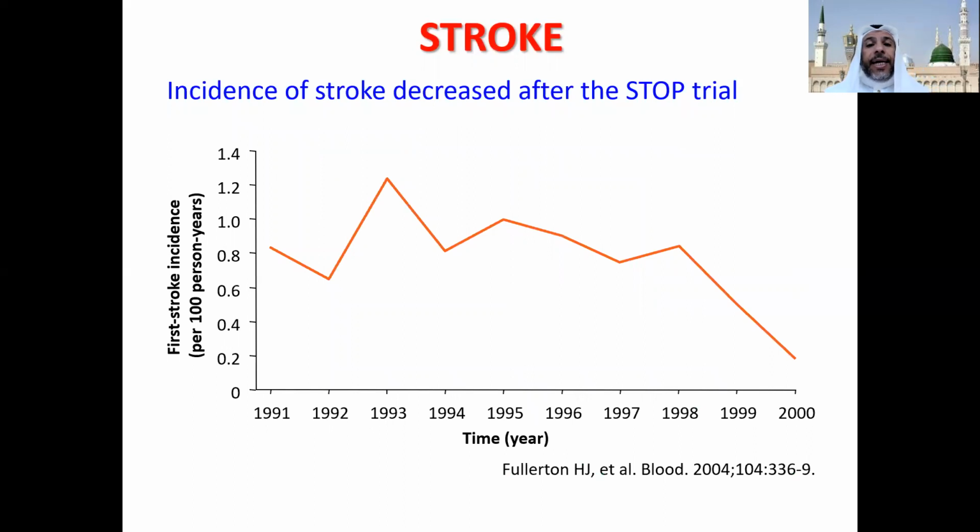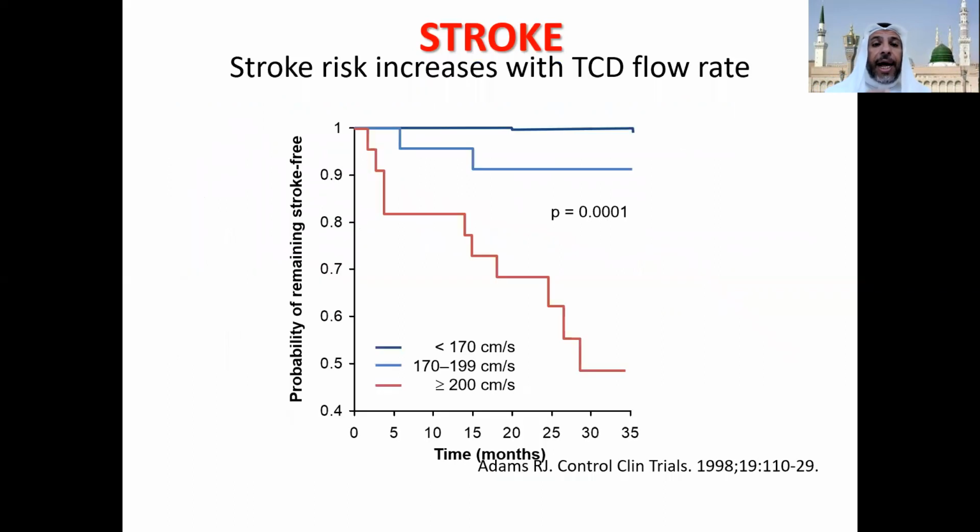The transcranial Doppler and the STOP trial were made in the late 90s. When they started to practice transcranial Doppler, the stroke rate came down in California to a very, very low rate. And from there, we could get the transcranial Doppler to be part of our practice. And we know that whenever the velocity of transcranial Doppler, the flow rate, is high, the higher the rate of